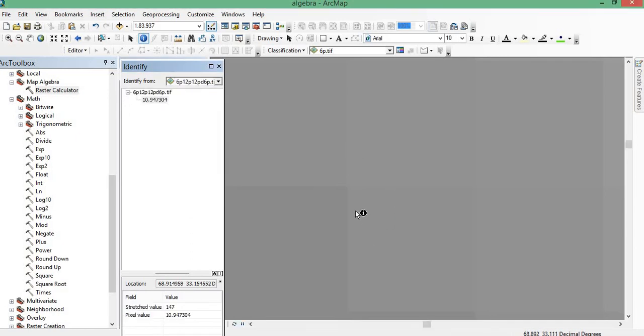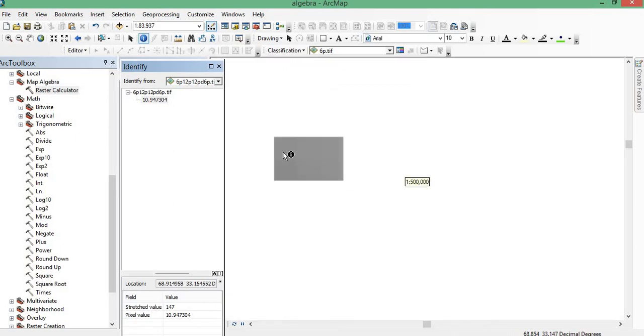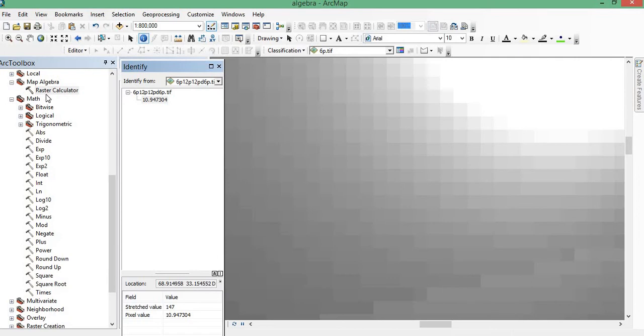In this way it is 10.94. So all the three images are added, and if we want to perform any complex operation